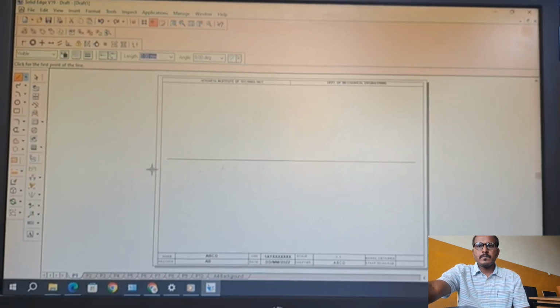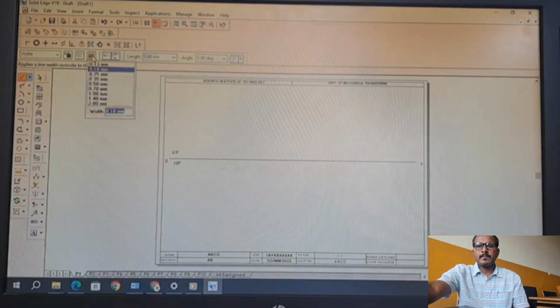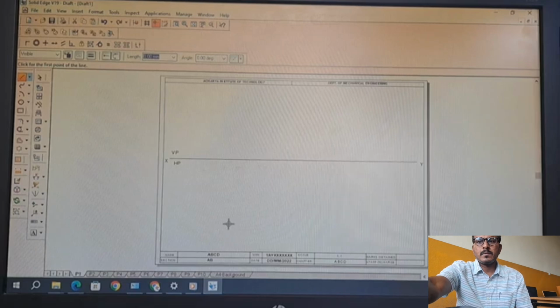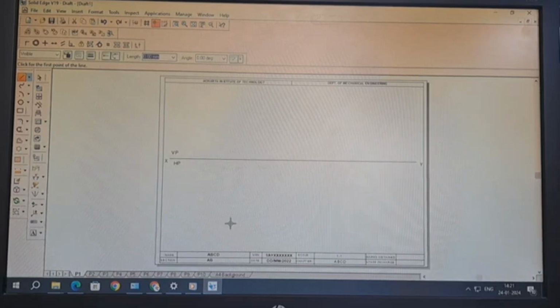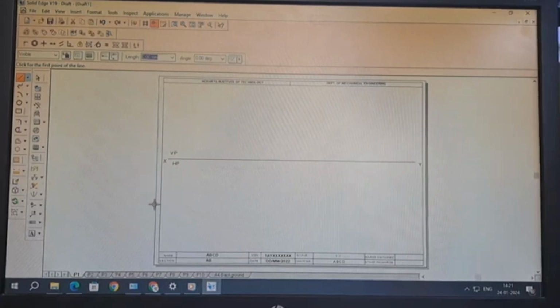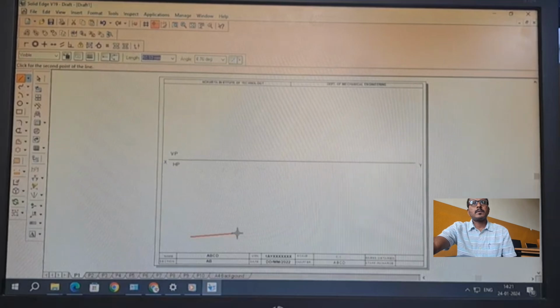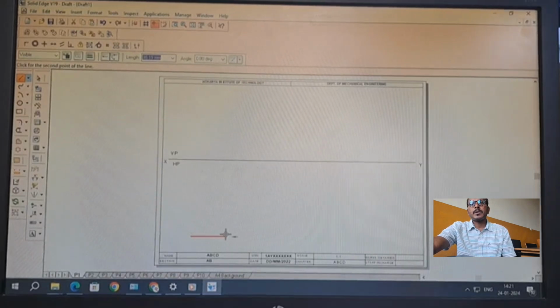How to draw the pentagon? Go by the formula method. What is that? The formula is 360 divided by n, where n is the number of sides. In the pentagonal problem, how many sides are there? 5. So 360 divided by 5 gives the angle 72.